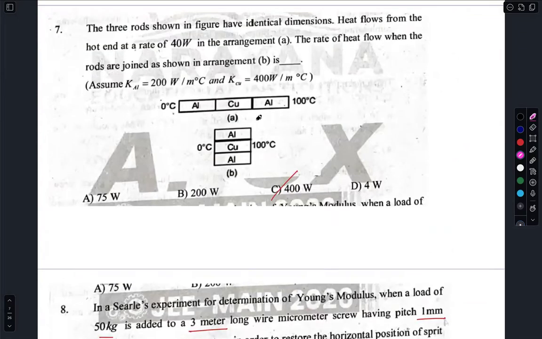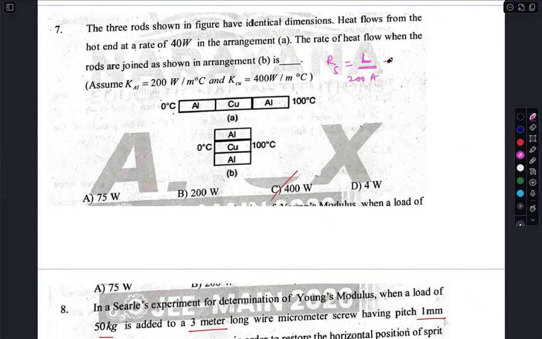Yeah. 3 rods shown in the figure have identical dimensions. Heat flows from the hot end at a rate of 40 watt in arrangement A. Effective resistance, that's what I got. भैया 1 minute. Heat. So 40 is equal to effective resistance. We'll take the resistance term only. Resistance in the first case, series equivalent, is all are identical. So L by